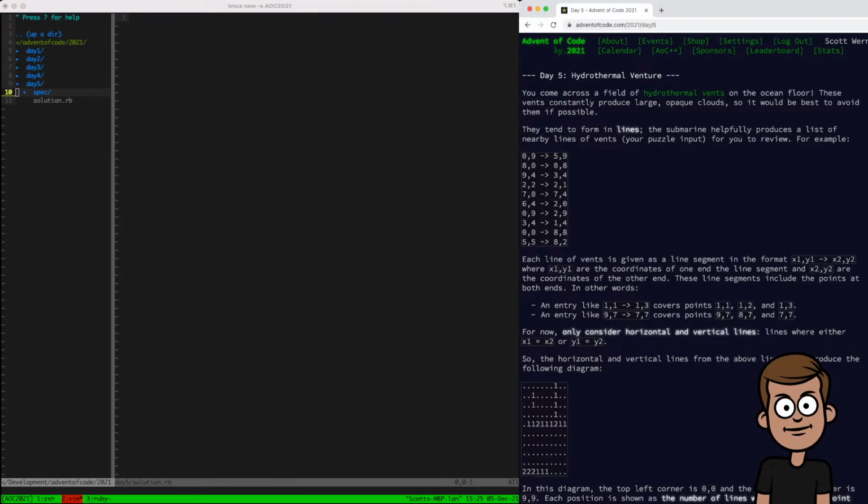Large, opaque clouds. I'm not sure what these are supposed to mean yet. Each line of vents is given as a line segment in the form x1, y1, x2, y2, where x1, y1 are the coordinates of one end of the line segment, and x2, y2 are the coordinates of the other end. Okay, so they're kind of like,